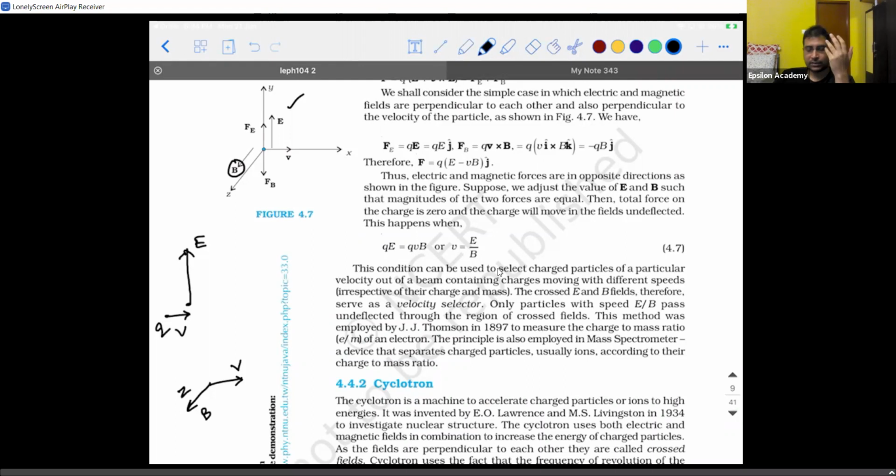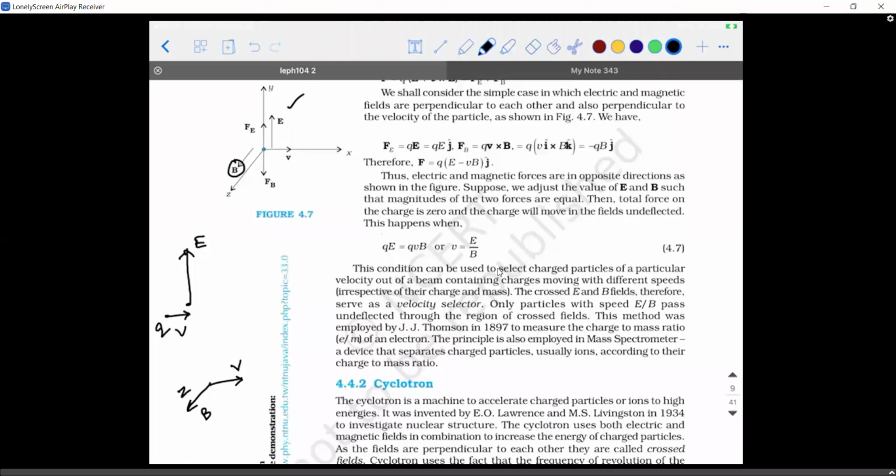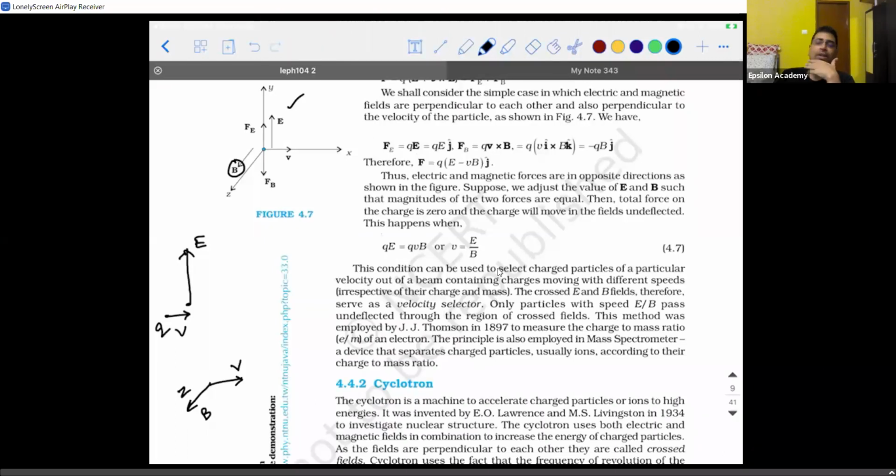Never forget this, guys. I've told you to revise and come. Whenever you do a cross product between two vectors, the resultant will always be in the direction perpendicular to both the vectors. Clear? Yes, sir, so it should be perpendicular to both the magnetic field and velocity. Apply the formula and check. F is equal to q into V vector cross B vector. V is in i cap. B is in k cap. What is i cross k?